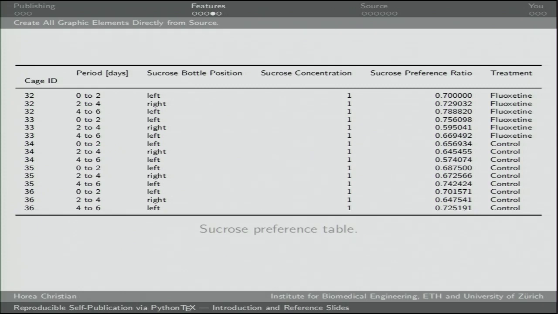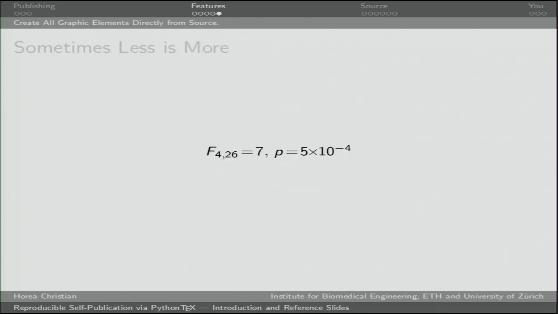And of course, sometimes less is more. And I think the most revolutionary thing which we can do isn't even all of this, but it's this. And you might be like, okay, well, it's a line of text. I can write a line of text. I can type these things in. No, these are statistic outputs generated from a Python script, meaning that you can inline your statistics so that if you ever update your data, your top-level data from which the statistics get computed, this gets automatically updated in the text and in the figure at the same time when you recompile.